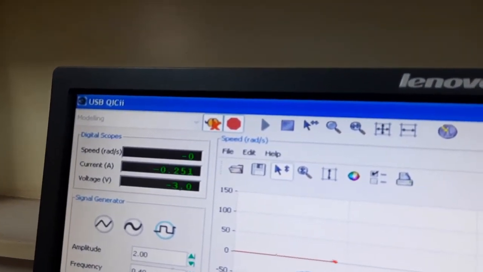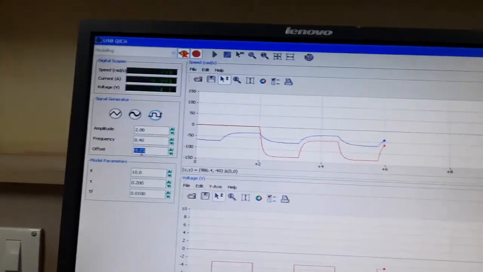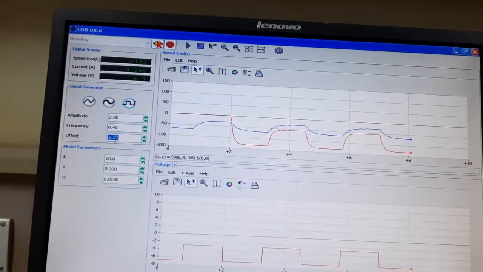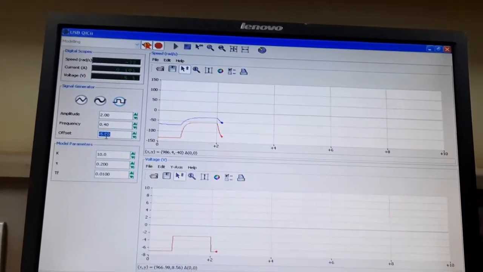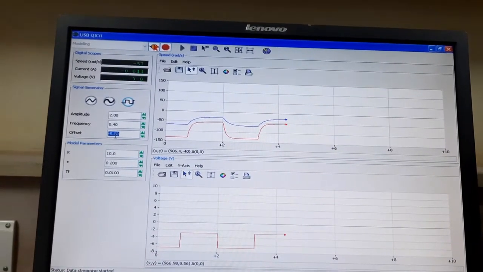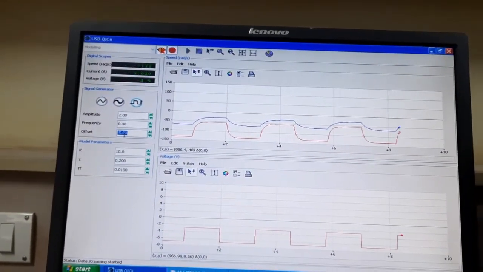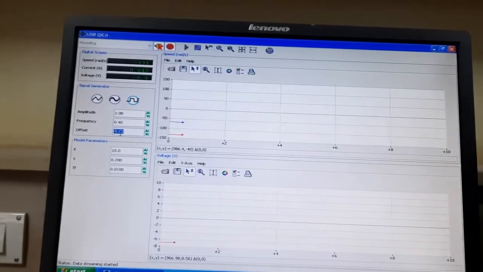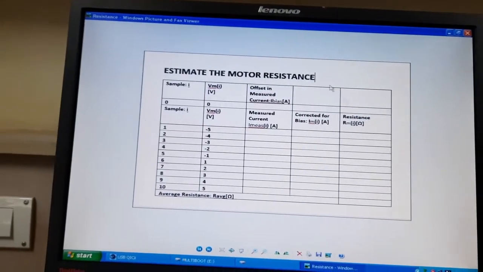We have to note down that current and do the rest of the calculation part. So like this we have to take the 10 readings, do the calculation part, and complete the estimation of motor resistance.